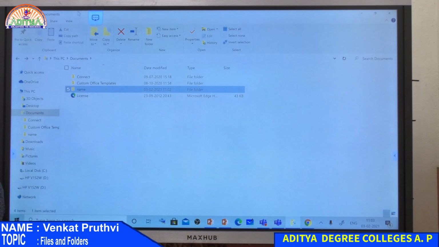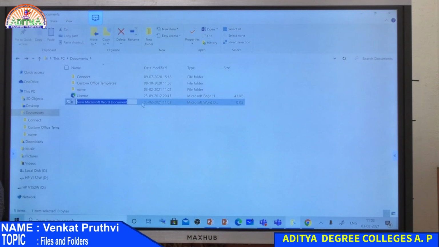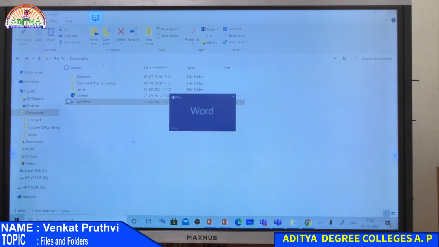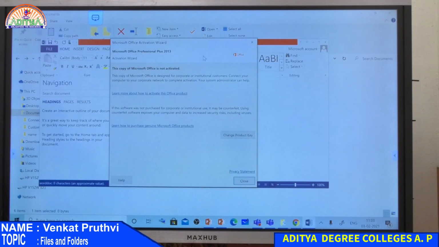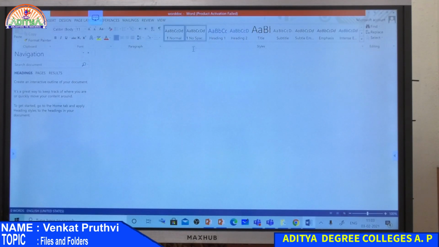Along with that you can also create different files. Suppose I want to create a Word document, I will just rename it and open it. That is how you create files and folders on this computer. On any computer, this will be the same if you have a graphical user interface.